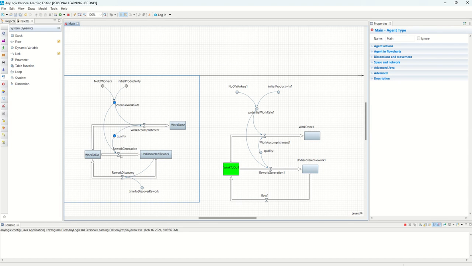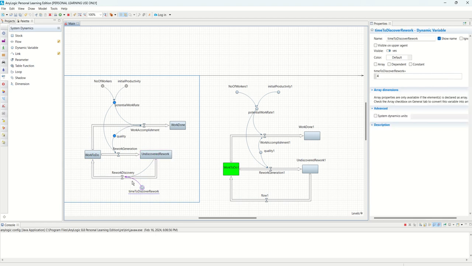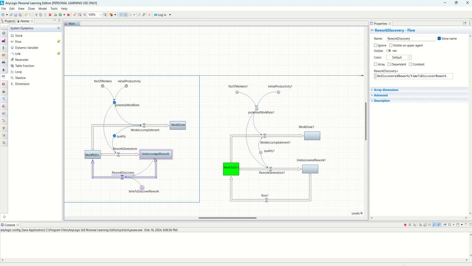Okay, so this is 1 minus quality times the potential work rate. So instead of copying it, this is just a formula. So I'm just gonna do this, and my naming is different, so I'm just gonna do this. So here, this is one, and this is the rework discovery, which we designated as 4. I'm sorry, time to discover rework is 4. Rework discovery is the flow rate,